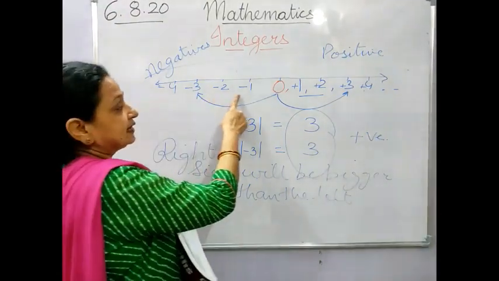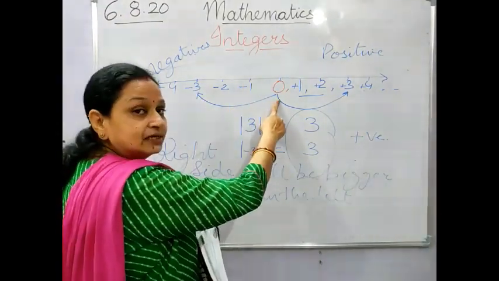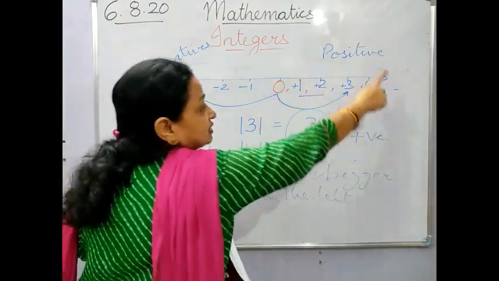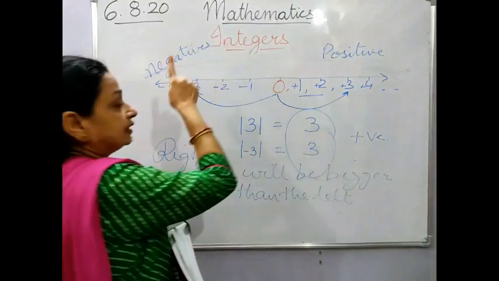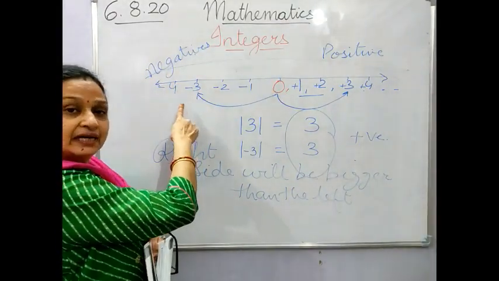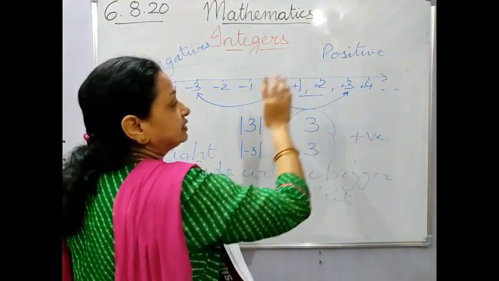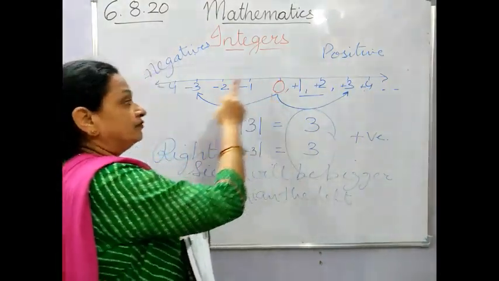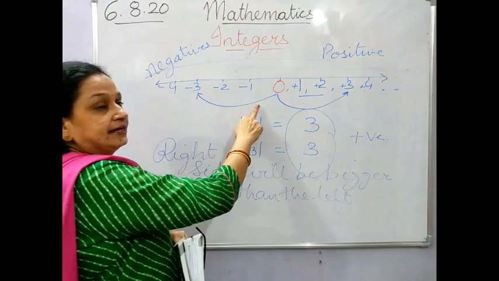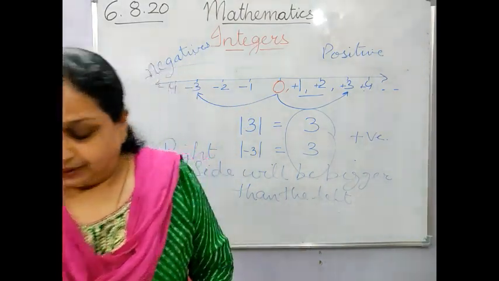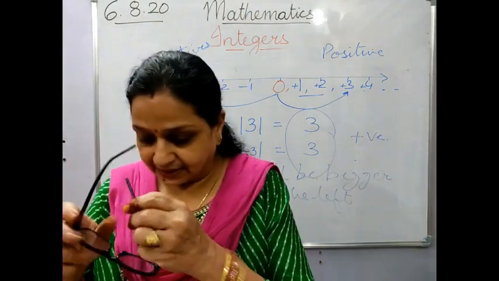And all these negative numbers are smaller than 0. And all the positive integers are greater than the negative integers. This is on the right side. So all the positive integers including the 0 will be greater than all the negative integers. This is clearly given in the book, and you have already discussed